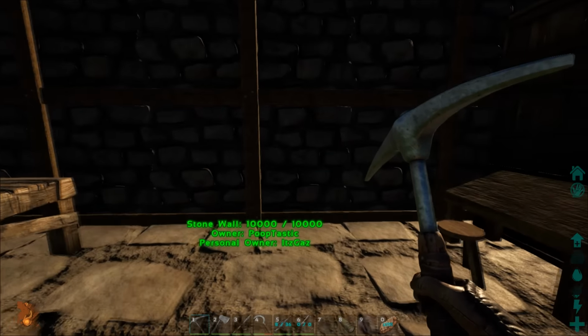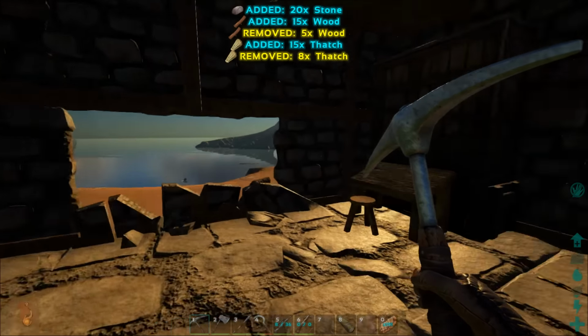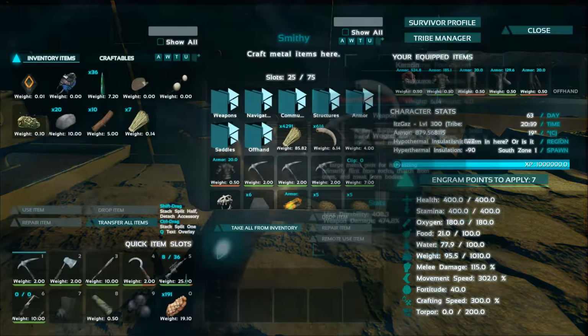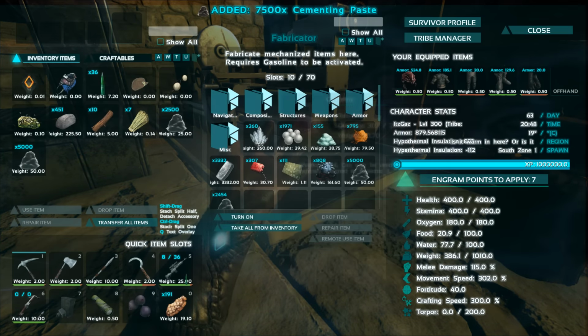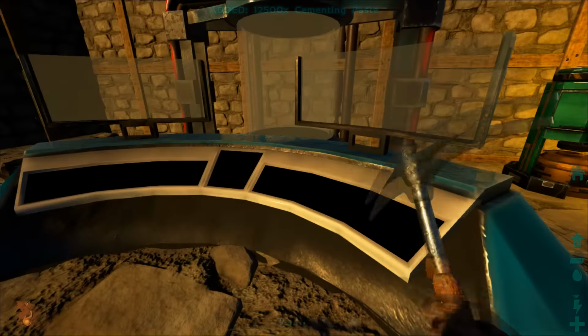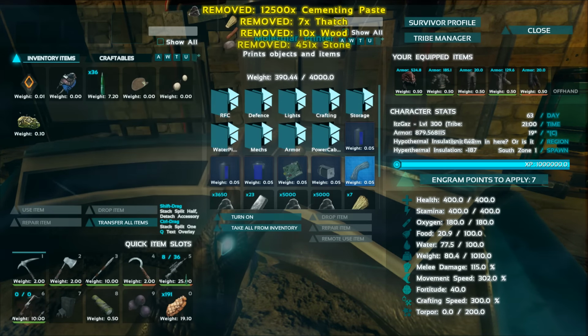Yeah, I'll probably take down this wall. You know what I'll do? I'll dig it down now, so I know which one I'm coming into. Yeah, right there. Right, I'm going to need a load of metal, a load of stone, and a load of cementing paste. So if I just take all that cementing paste out of there, and boop, boop, boop, drop all that in there,